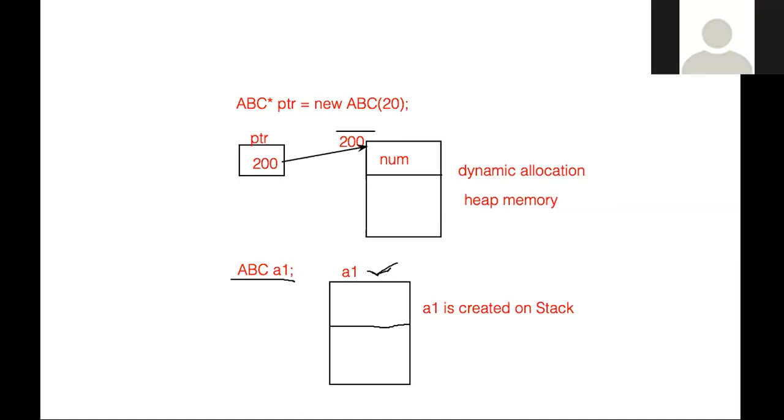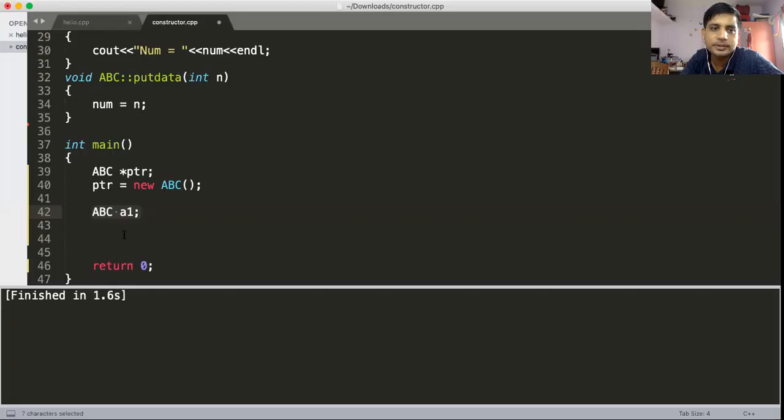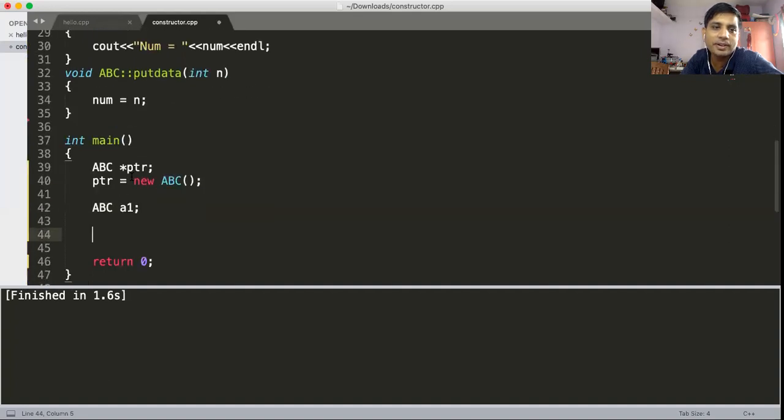Okay. Now next, if I want to access the put data function here using A1, it is very simple: A1 dot put data, suppose 30. So to access this type of object, we use the dot operator.